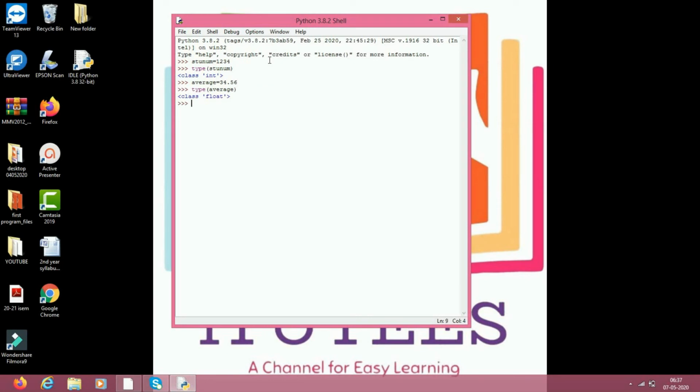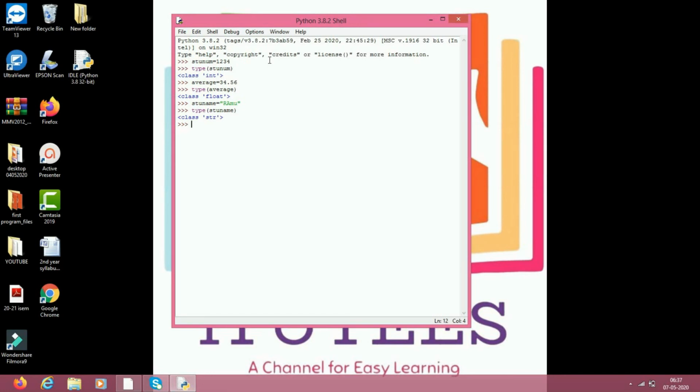If I assign stu_name equals to Ramu, what is the type of stu_name? It's a string. So up to now you know integer, float, string. There are other data types. You don't need to bother about these data types. In further classes, you can easily understand them.